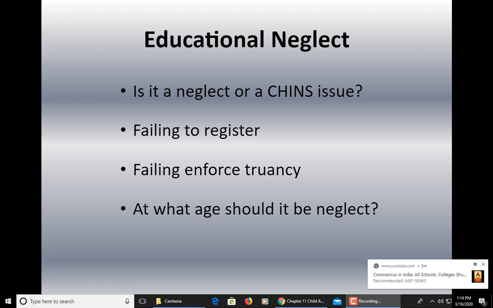They ask for help, and the child is still incorrigible, so the court intervenes and puts the responsibility on the child, not a child protection order, but a CHINS petition,